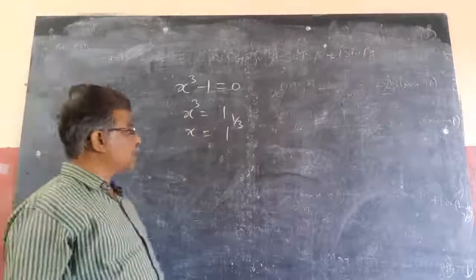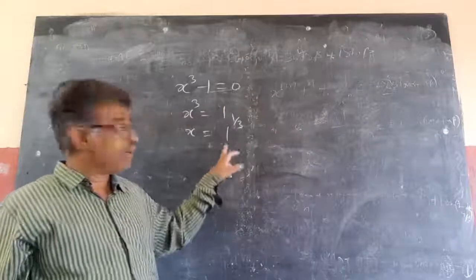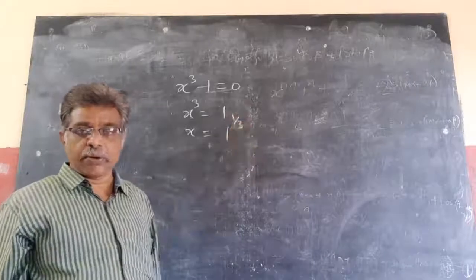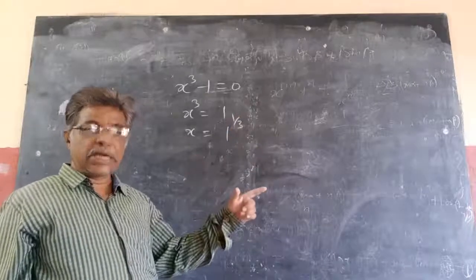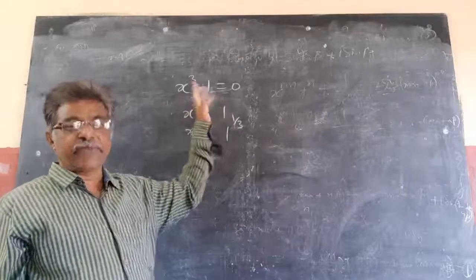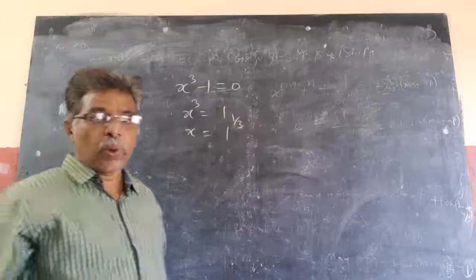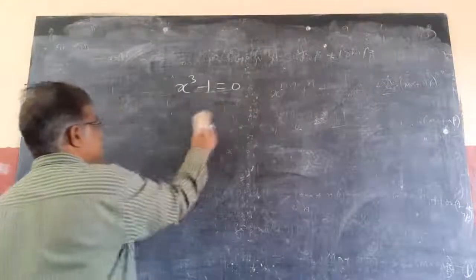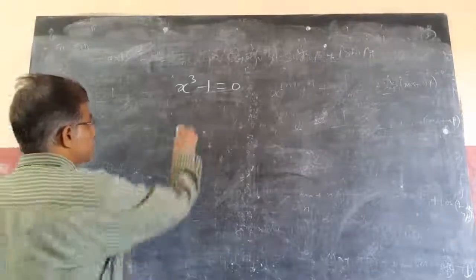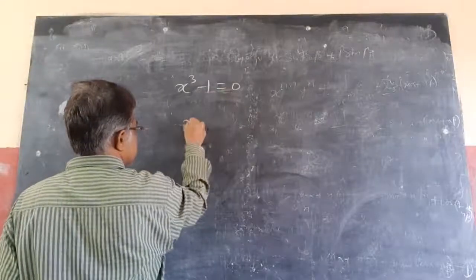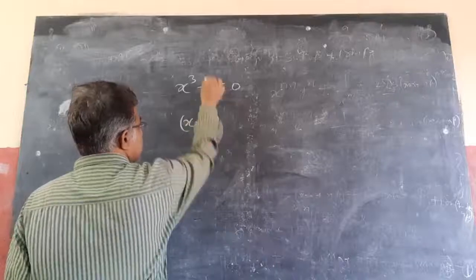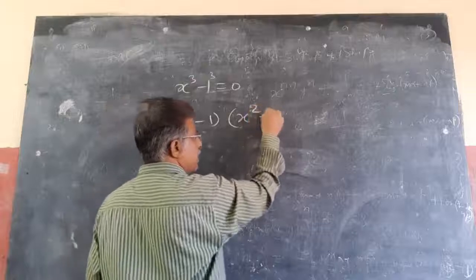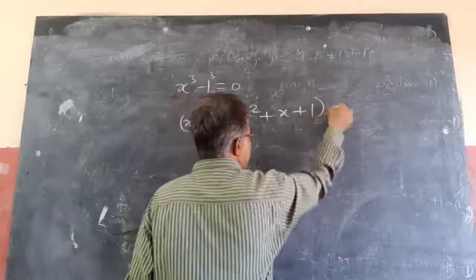Okay? There are 2 ways of doing this sum. One is the 1 by n formula we did, we can use that: cos theta plus i sin theta whole power 1 by n formula. The other one is the a cube minus b cube expansion, then finding the roots. So first for this I will go for the a cube minus b cube expansion so that it will be easy for you. I can write x cube minus 1 as x minus 1 into, by the a cube minus b cube formula, a minus b into a square plus ab plus b square, equal to 0.